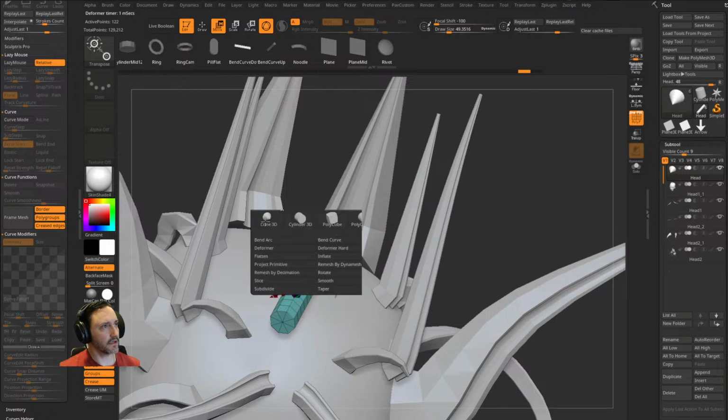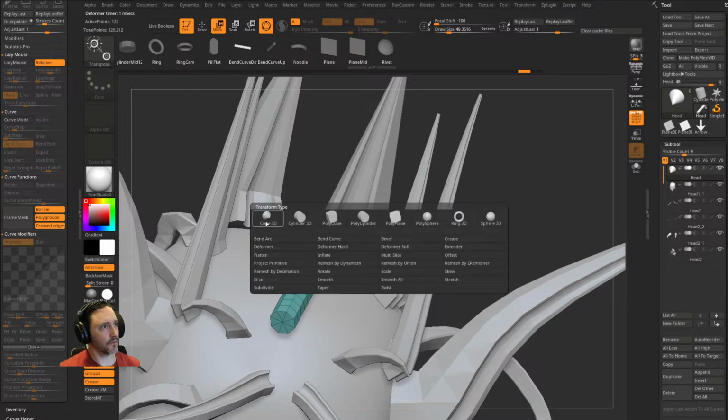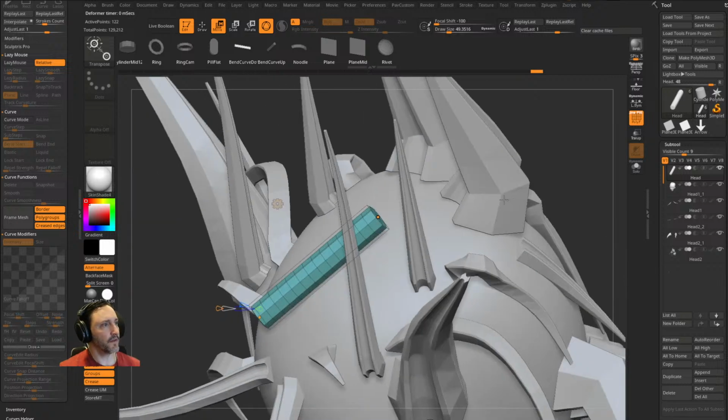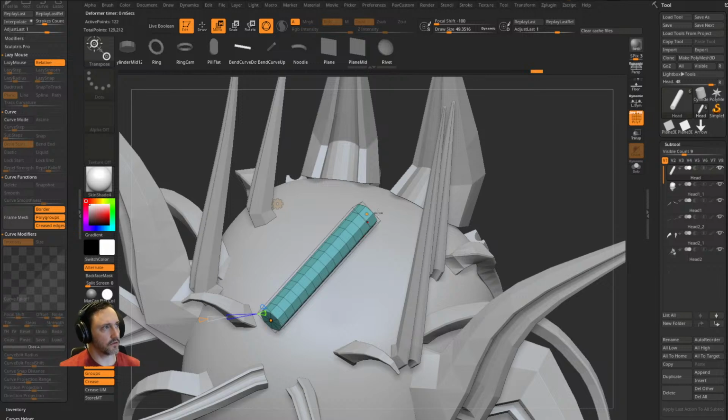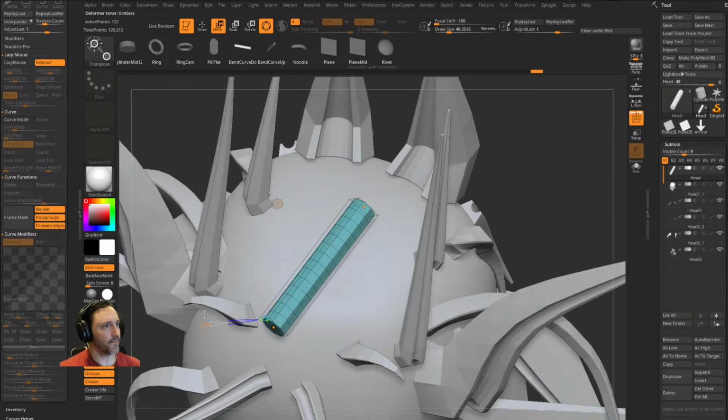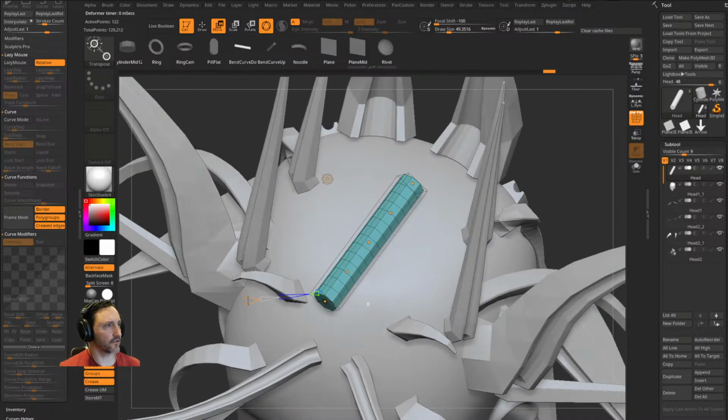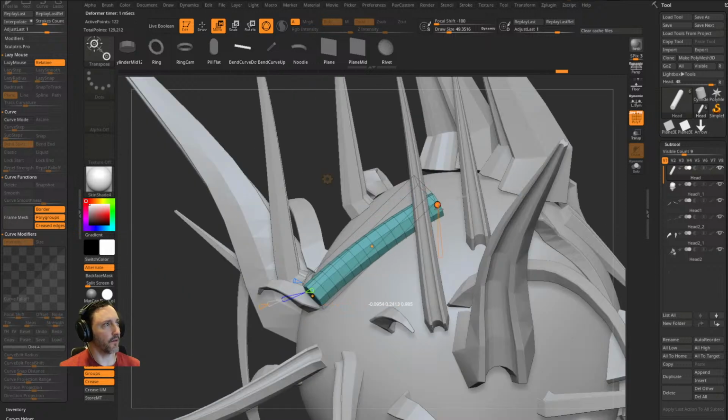There we get it, go, come on, one more, there we go. Bend curve. So now the gizmo determines the axis that it's on, and of course we straighten that out when we alt tapped, and then we can go through here, we can change the curve resolution with the orange arrow. So what I usually do is I'll start low, so I'll be okay, I want this to be embedded,